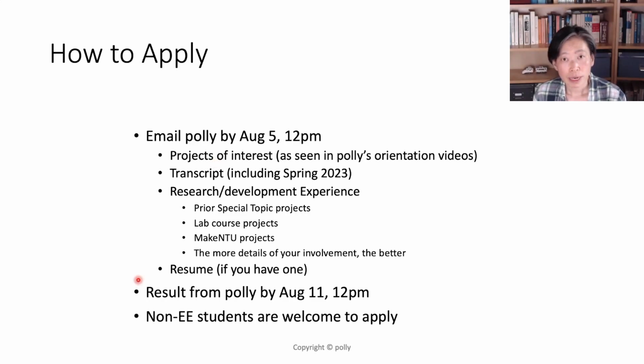The result will be ready by August 11, 12 p.m. at the latest. But the decision process is going to be a little bit more like this. As I'm receiving the emails, I might see some of you promising and start interviewing you. Among some of these students I interview, I might find you a perfect fit for some project. Then I might commit you right away, way before August 11th.